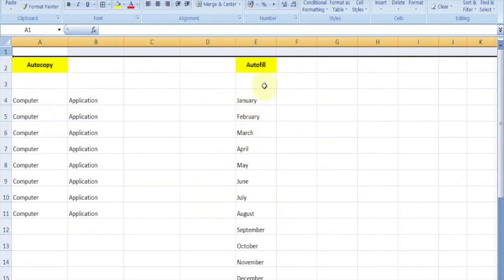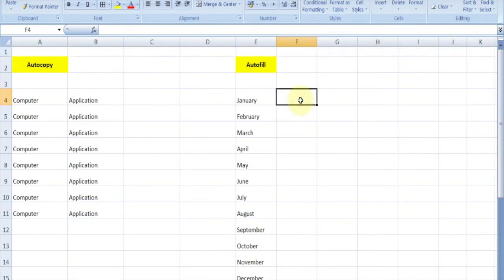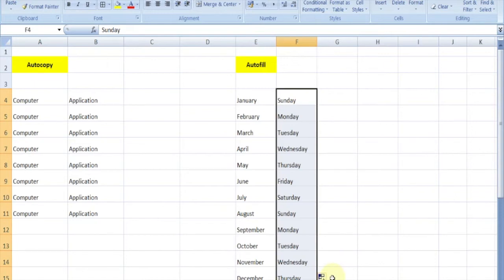This is also a feature of Excel called autofill. And suppose we write Sunday here, and if we drag here, it's also an autofill feature.